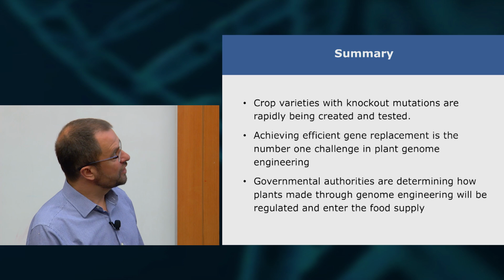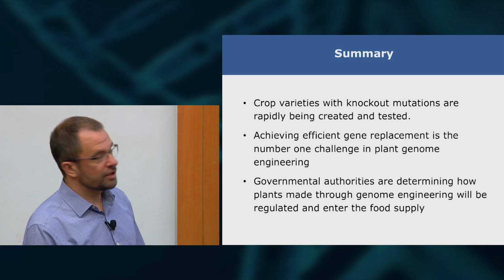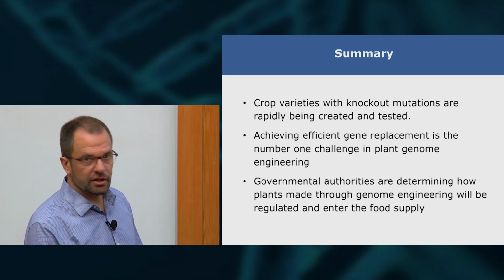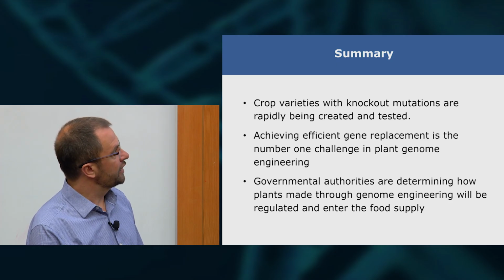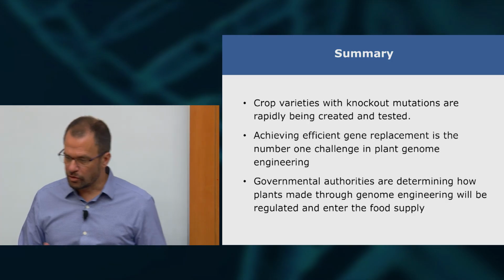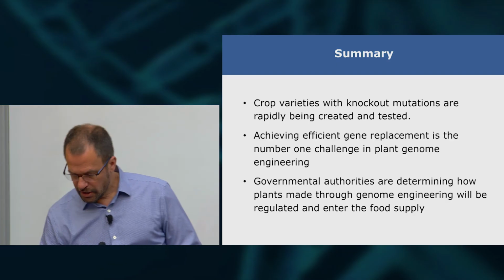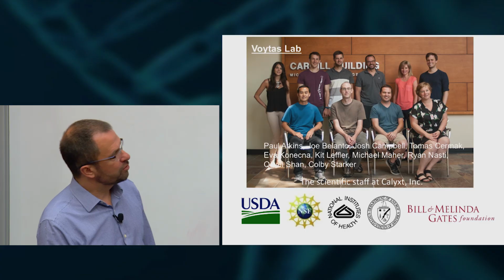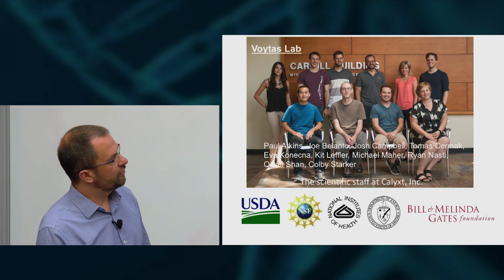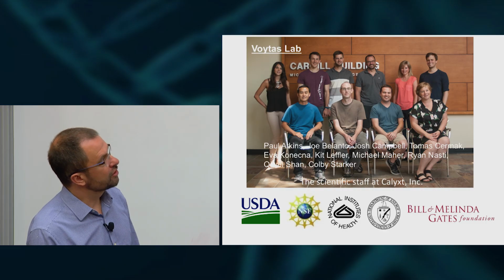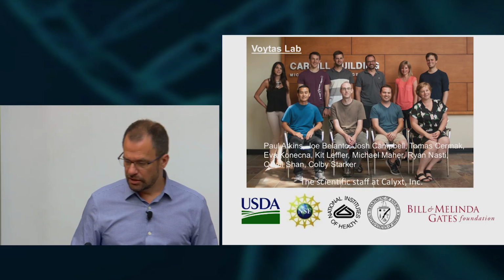We still have a ways to go to make gene replacement efficient in plants. I talked about our replicons, which are helpful, and some of the experiments that we've undertaken in cassava to make some of the first products of gene replacement, also those that will have an impact, hopefully, on agriculture and the food supply. The potato and soybean project were carried out by the scientific staff at Calyx. This is my lab at the University of Minnesota, who did really the rest of the work that I talked about today. So thank you.